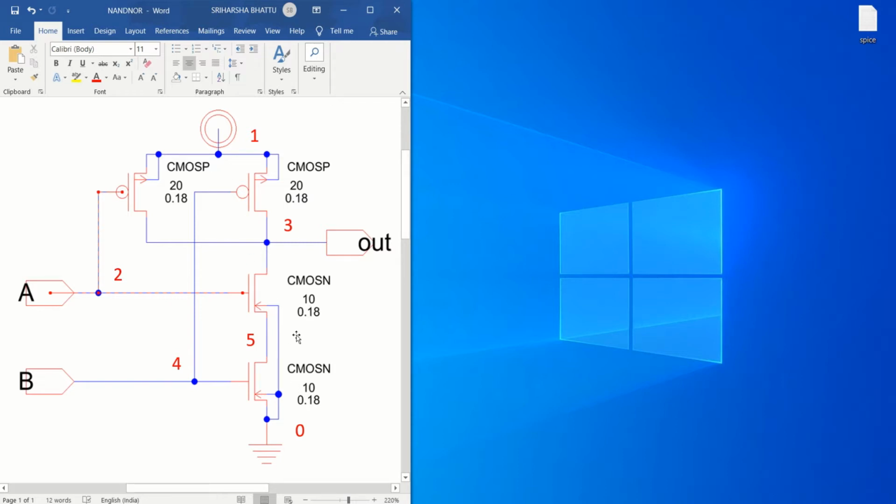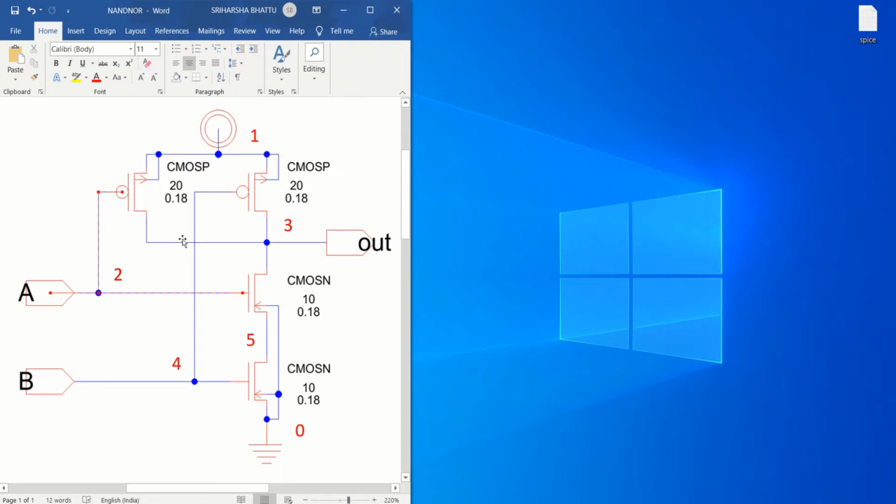To write the SPICE netlist, first of all, we have to assign the nodal numbers so that it looks like a netlist architecture. All of these nodes are connected to one point, that is the supply point, so I have taken the number as 1. The second point between these two is connected as 1. I have named this number as 2.